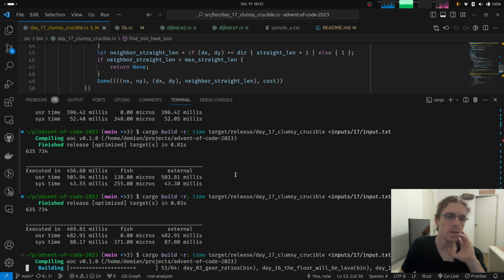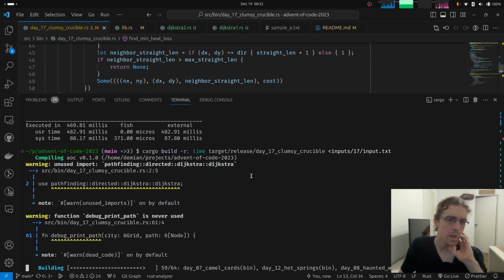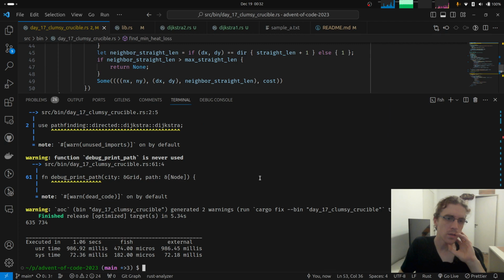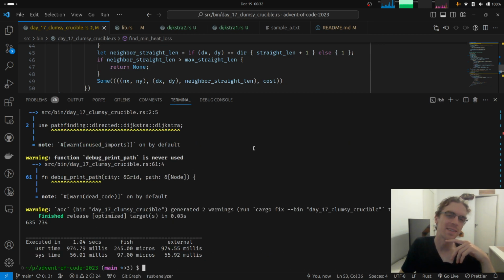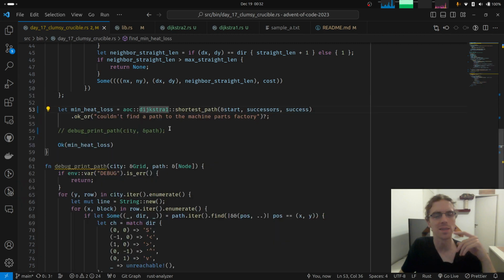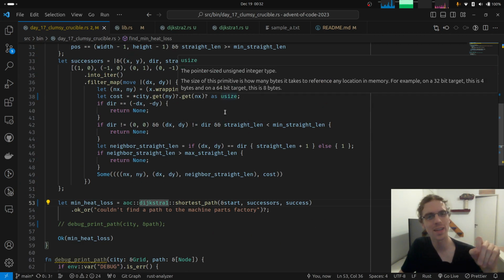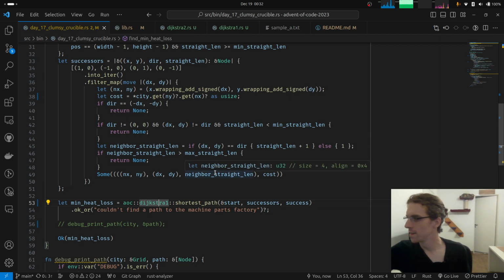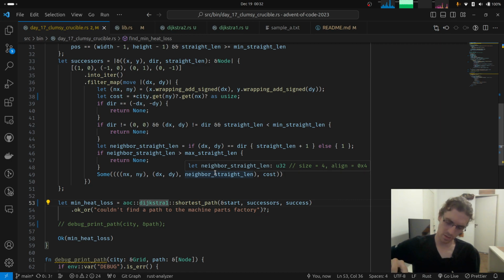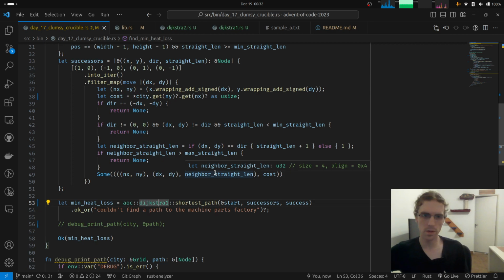Run the Dijkstra algorithm. Let's let it build and run, and it's taking longer. Of course. I thought that we could get it faster, but no, actually that's a good lesson. If you use a crate that implements things, people have taken a lot of care to make those things fast, and it's probably going to be faster than your bespoke solution.